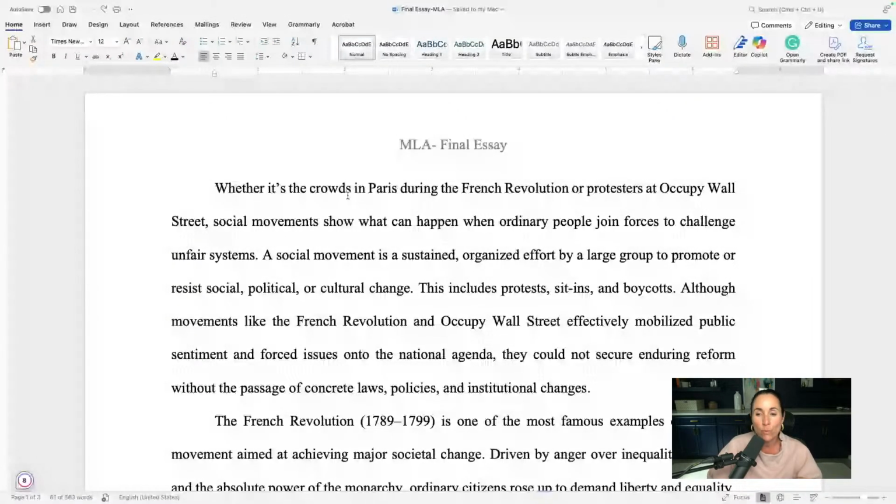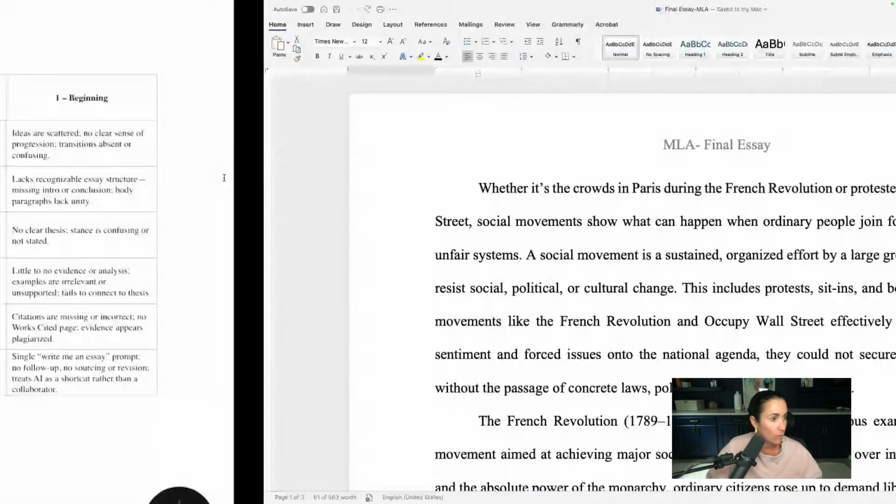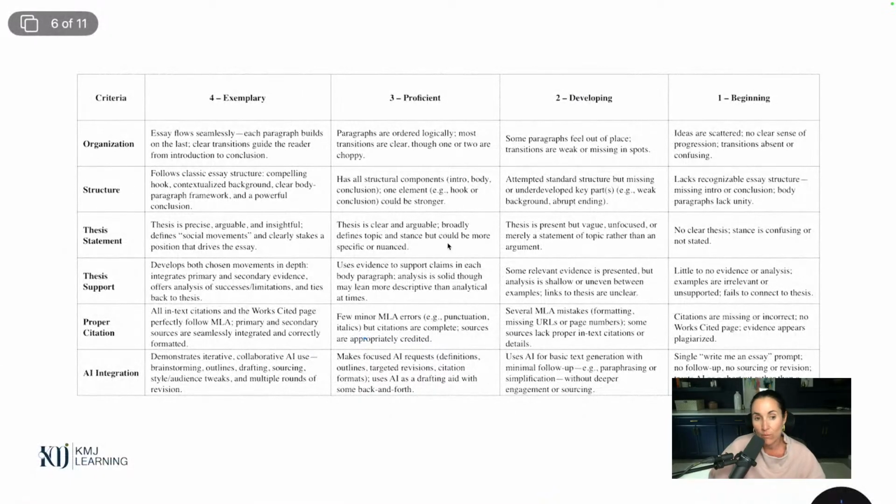But I want to do one more thing before I turn it in. I want to check it against the rubric that my teacher gave me. All right, and we are going to do that tomorrow. Now, let me give you a quick look at the rubric the teacher gave us. What we're going to do is use this rubric with ChatGPT to check our essay and to implement any changes that ChatGPT might feel we need to make sure we are in